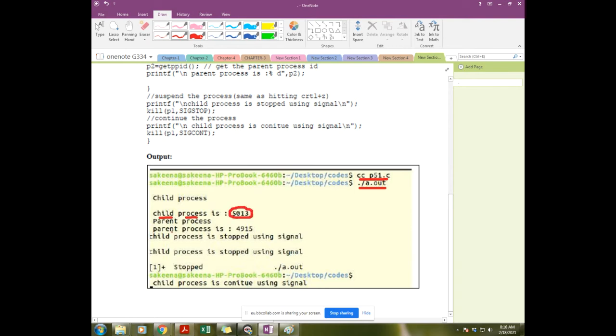This is the child. Parent process ID, this is the parent. Then the child process stops. So this is the program in which first you create the child process, then you create the parent process, then you will stop. Look, stop. Then you will stop the child process.